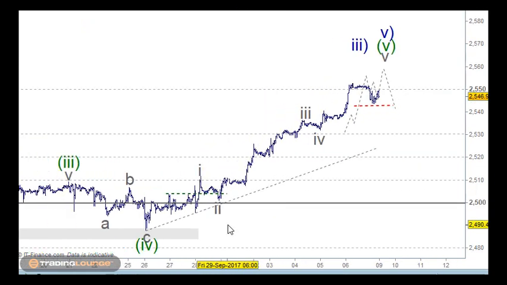And our main aim here from this wave 4 was just to count the move to the upside here as wave 1 and 2. And then I was looking at all of this as wave 3 here and wave 4. Last time we spoke, we were looking for 5 waves up from this low here as wave 1 and 2 here, all the way up for 3 here, wave 4, and then wave 5 moving up here. And then at number 5 here, the 2550, well, it's really the midpoint here, that's important in terms of the trading levels.